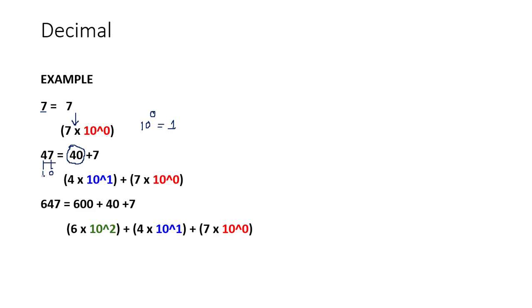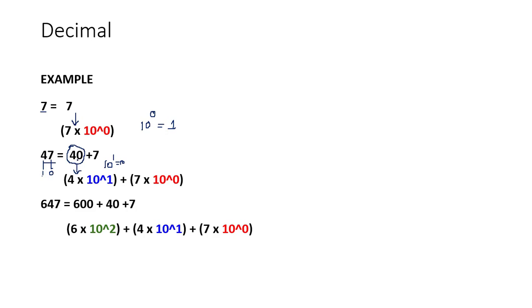So what I can do is, this 40 can be represented like 4 cross 10 raised to 1. And you know, 10 raised to 1 is actually 10. So 4 cross 10, that is 40, right? So this 40 can be represented like this. And 7, because it is on the 0th position, is 7 cross 10 raised to 0. And you know 10 raised to 0 is 1. So 7 cross 1 is 7. So 40 plus 7. So any number you can expand like this.